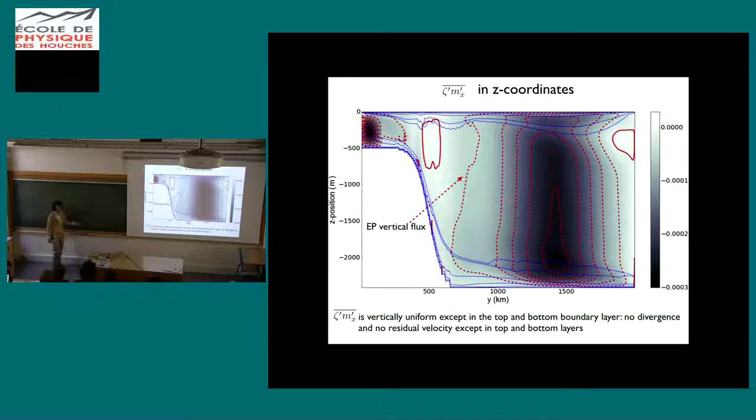Now in Eady's case, this is 0 because the fastest growing mode is the one that has l equal to 0. Oh, d by dz, right, thank you. So this is 0 in Eady's problem, at least for the largest growing mode, because l is equal to 0. So you see this is 0. It's not that V prime B prime is 0, it's just that it's vertically uniform. But if you remember V prime in Eady's problem,